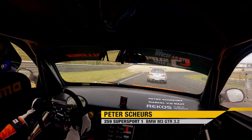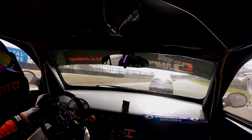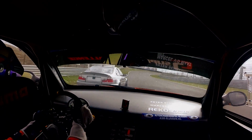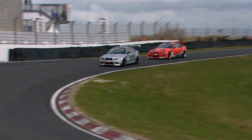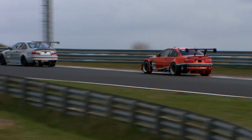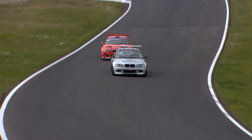Now in front is newcomer to the championship Olivier Nutgeboren. He comes with a car and a trailer and a single mechanic, showing that you can do this on a real shoestring budget. Peter Scheuers all over the back of the 3.2 BMW M3 in front of him. So the M3 GTR right behind. This is quite a battle of equals. The GTR a little bit more sophisticated perhaps, but Olivier Nutgeboren doing a really good job in his first encounter